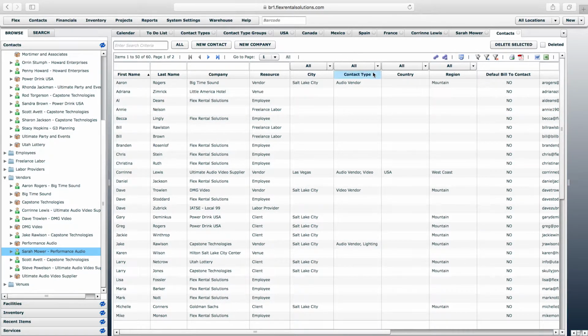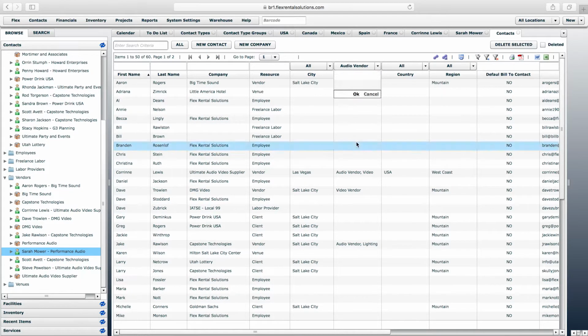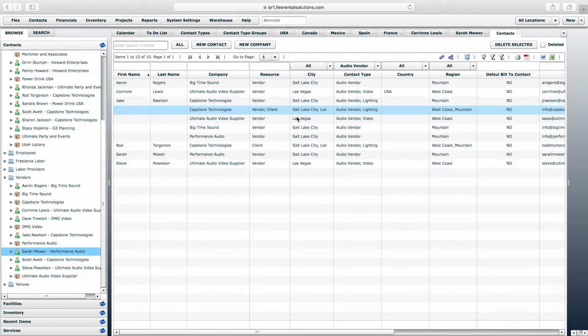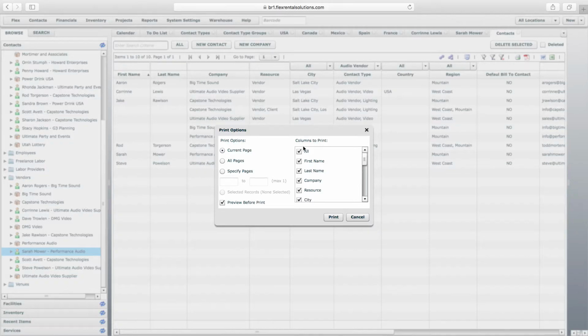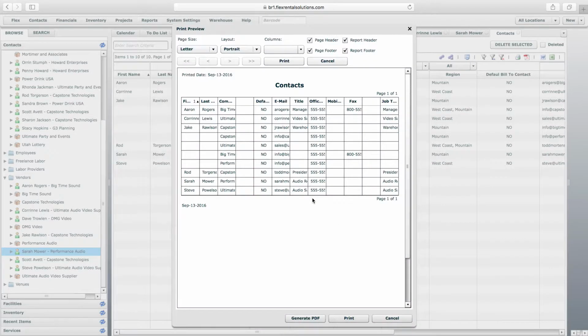I believe you can also have these filters apply if you want to print this page. So if I want to print out a page of all the audio vendors that I know in my system, then I can filter here, then come over and do a print. And that will be filtering based on